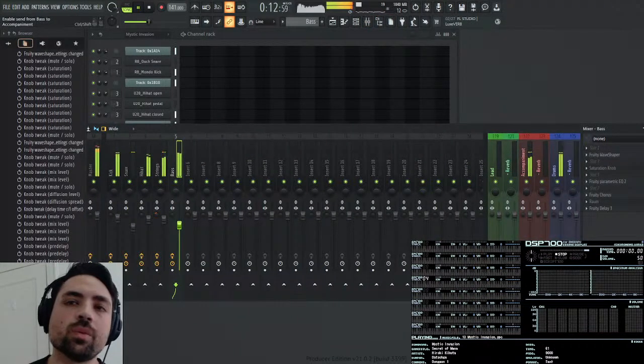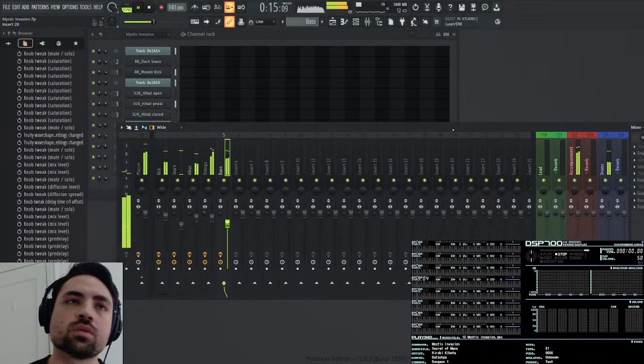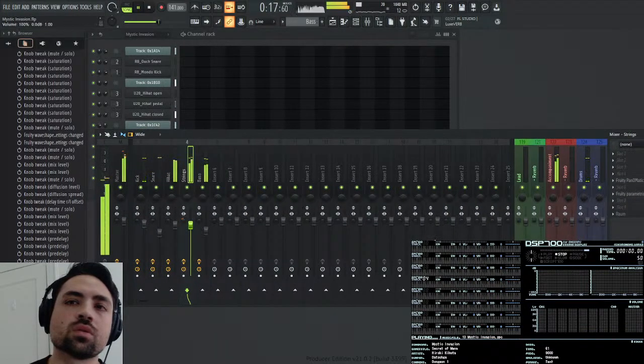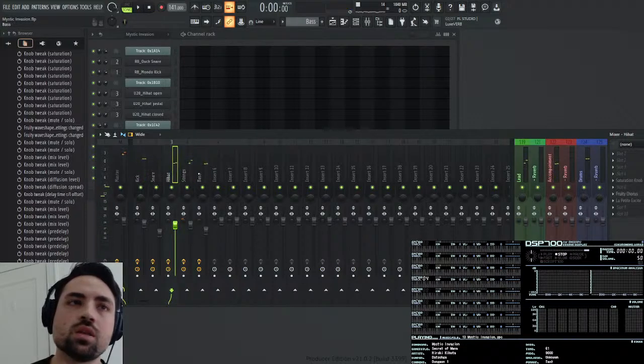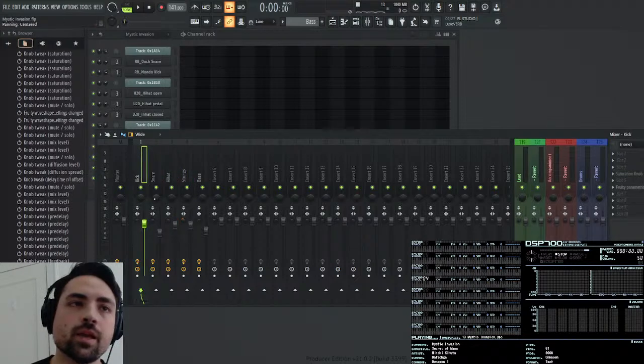Let me put this to accompaniment. So I don't really need the buses here because there's very few instruments, so I can just do this.